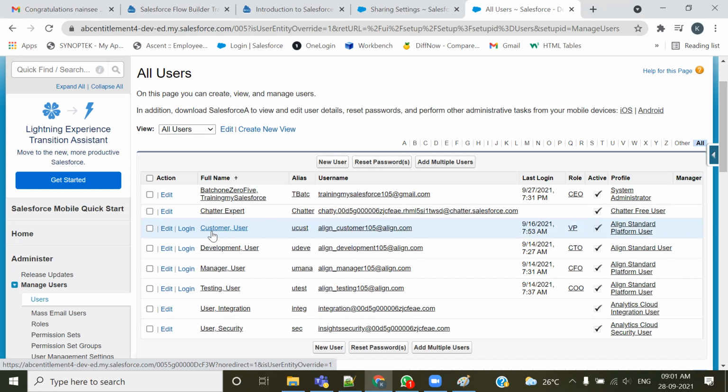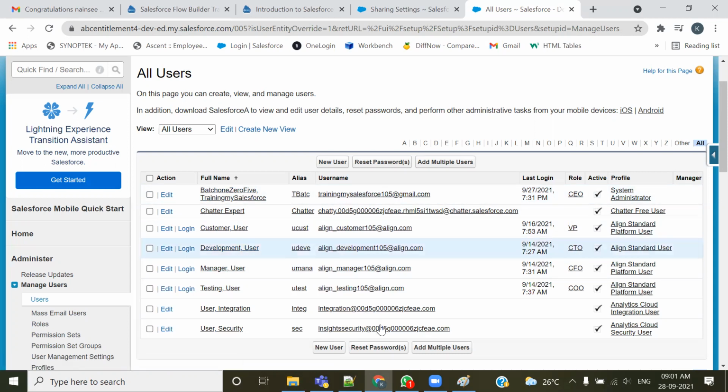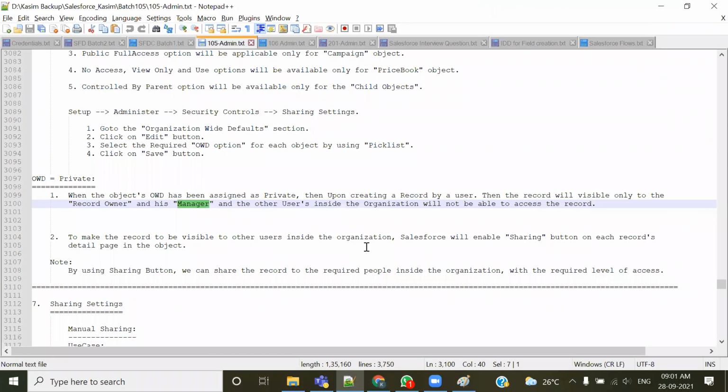तो कस्टमर के केस में जो भी आप अकाउंट या रिकॉर्ड बनाओगे, वो कस्टमर को, डेवलपमेंट यूजर को, और उसके मैनेजर को, यानी इसका मैनेजर और उसका मैनेजर, ऐसा रहेगा। लेकिन मैनेजर यूजर और टेस्टिंग यूजर के साथ वही होगा जो अभी हमने डेवलपमेंट यूजर के साथ देखा। अगर मैनेजर यूजर लॉगिन करता है या टेस्टिंग यूजर लॉगिन करता है, तो रिकॉर्ड उसको और सीईओ को दिखेगा, किसी और को नहीं। तो व्हाट वी हैव अचीव्ड इज समथिंग कॉल्ड एज रिकॉर्ड विजिबिलिटी।